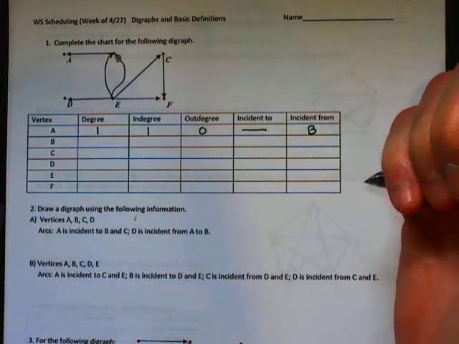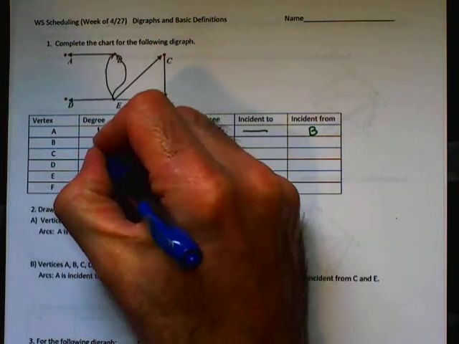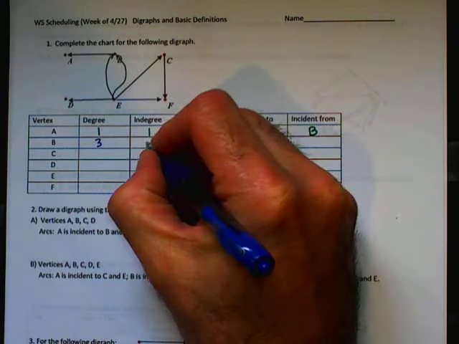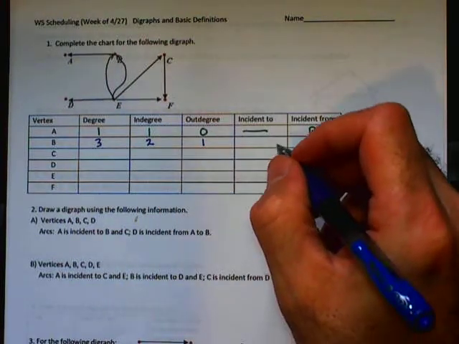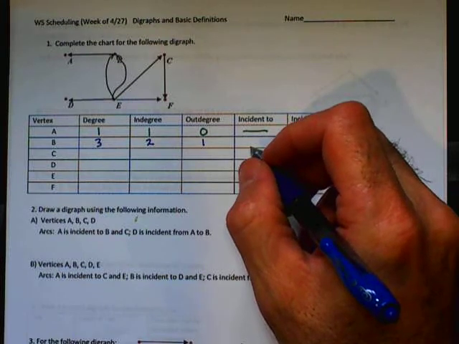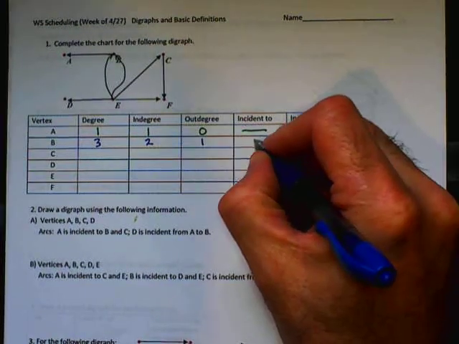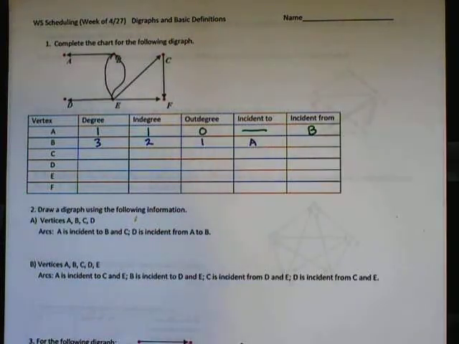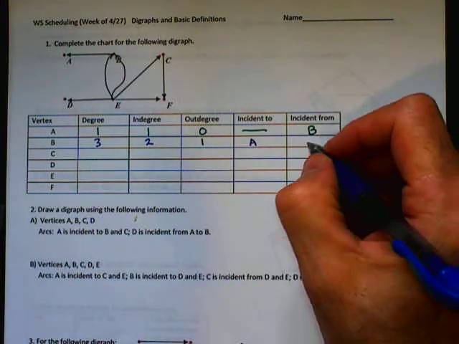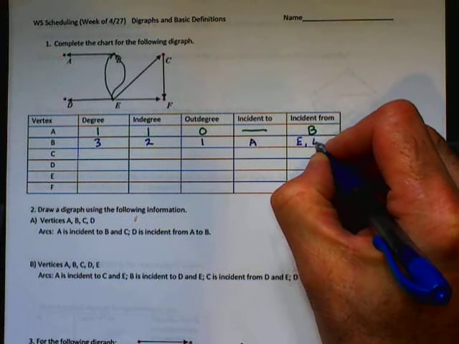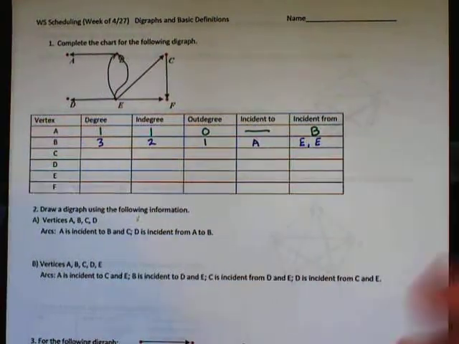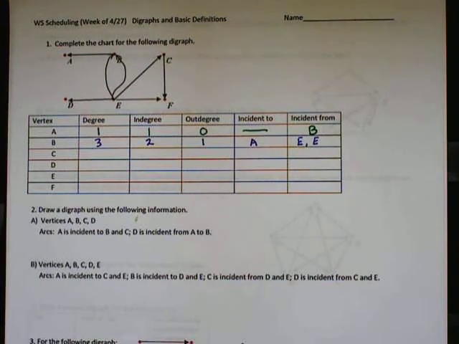If we look at B, on the other hand, there's a degree of 3. 2 coming in and 1 going out. From B, you can go to A, incident to A, but incident from, you could have come from E twice. Both degrees from were from E. The next,